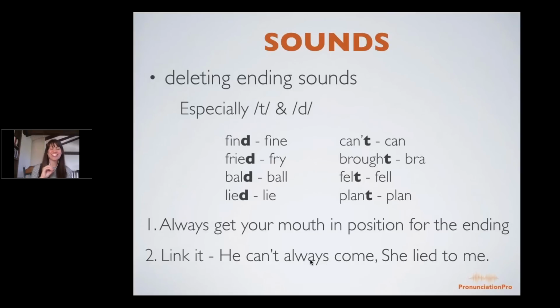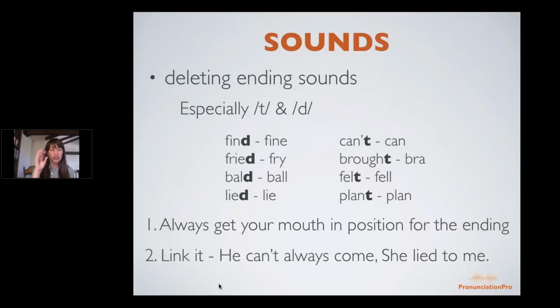Okay, so you just deleted the T. I did? Yes. So like we talked about, add the T to the next word. He can't always. Can't always. Release the T though. Can't always. He can't always. Do it again. He can't always. Okay, but then you're causing a break between can't always. He can't always. Okay, so that connection there, we want to make sure the linking and connecting is nice and clear,